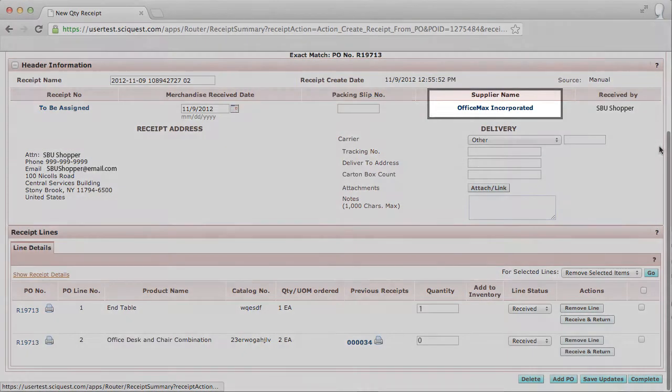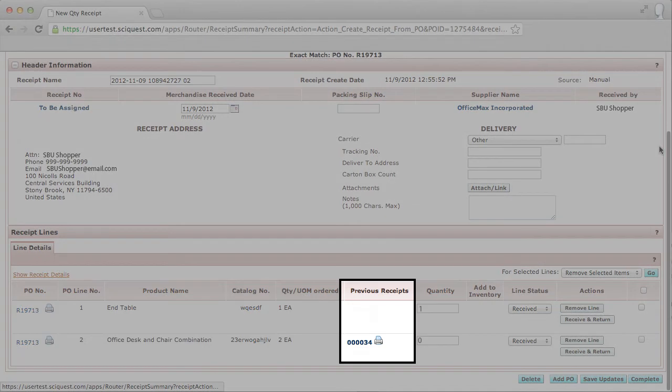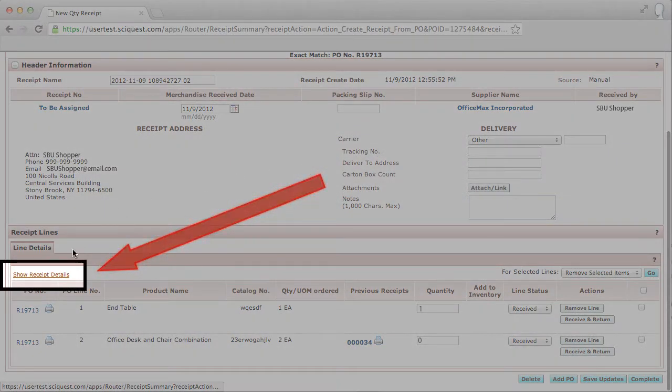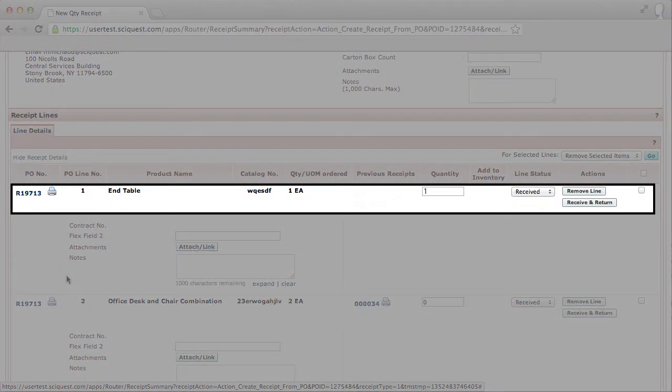The receipt will automatically populate with information from the PO, including any previous receipts for this PO, but to view complete details, click Show Receipt Details. For any items you are not including on this receipt, click the Remove Line action to remove the item from